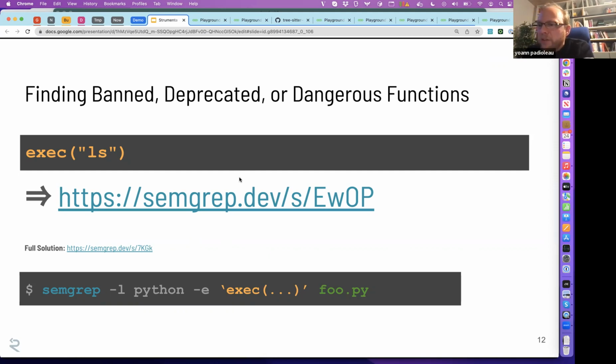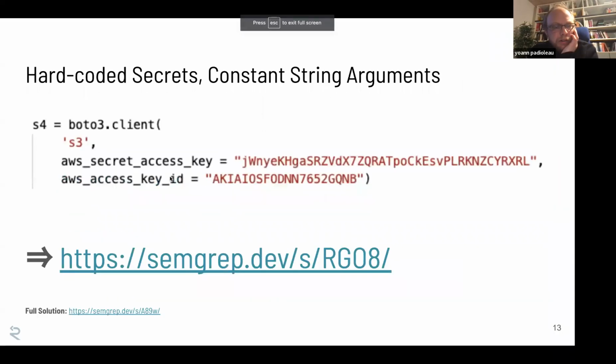But still, the main use case for Semgrep is really you have a huge code base, and you want to write rules to make sure that the code base doesn't let a certain kind of bug in, and just to warn. If you have a tool that warns you about bad patterns, that's already big for most companies. Another example: here you're looking for calls to certain methods that have this keyword argument in Python, aws_secret_access_key,